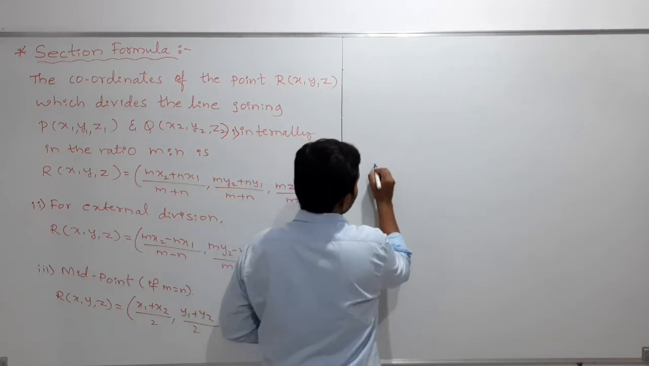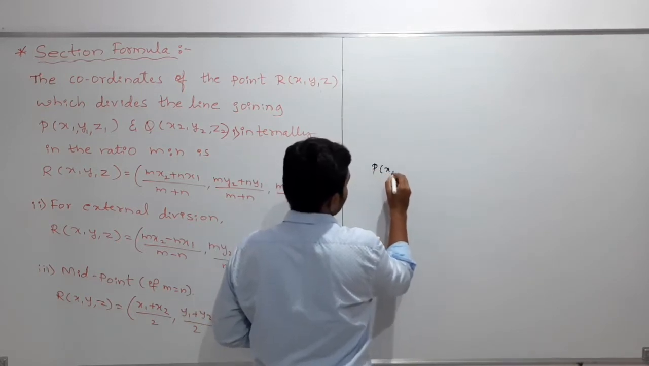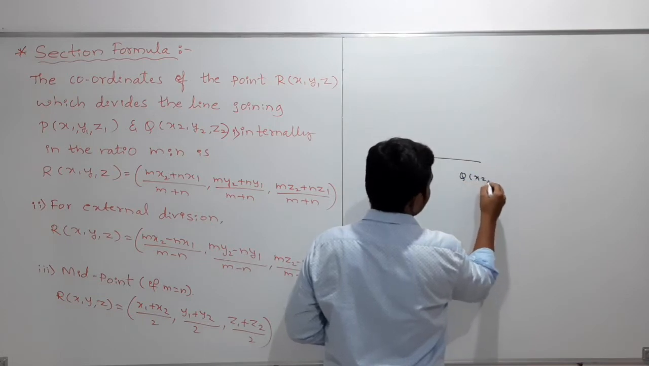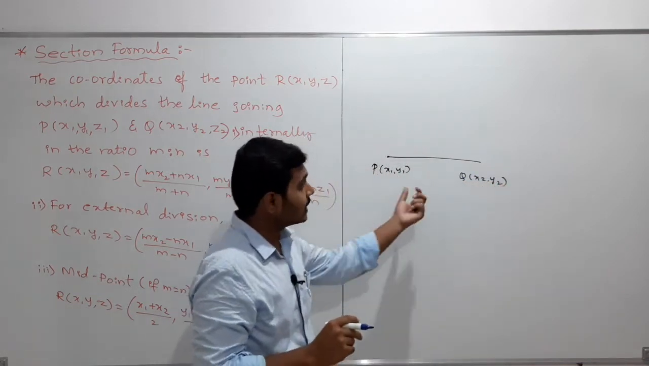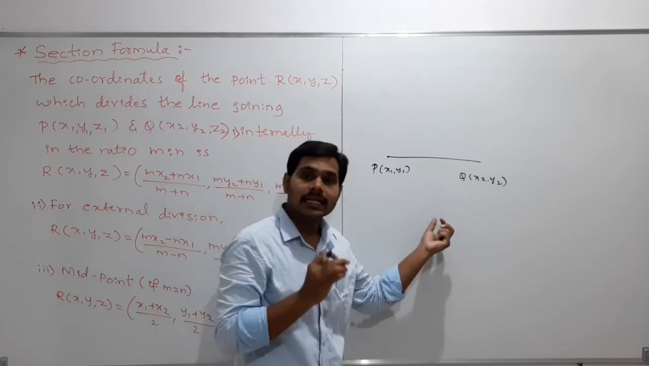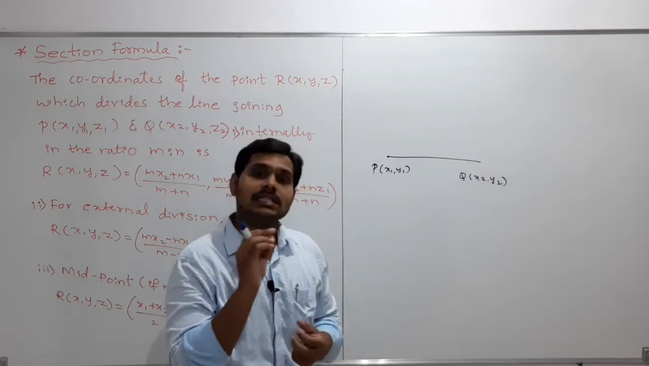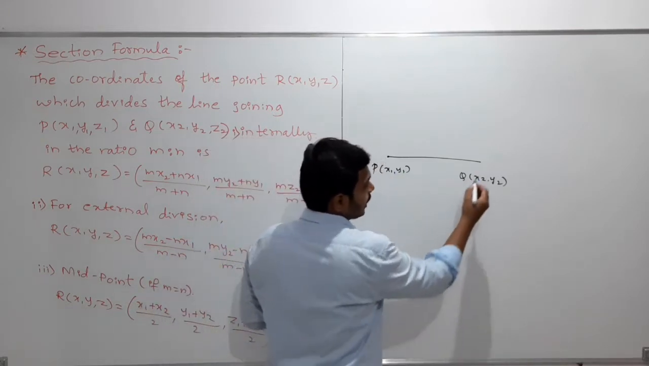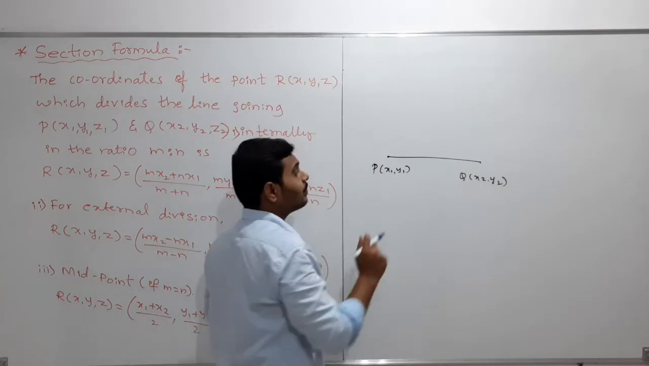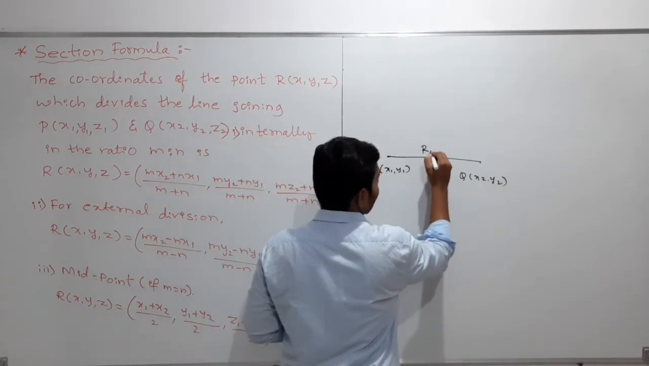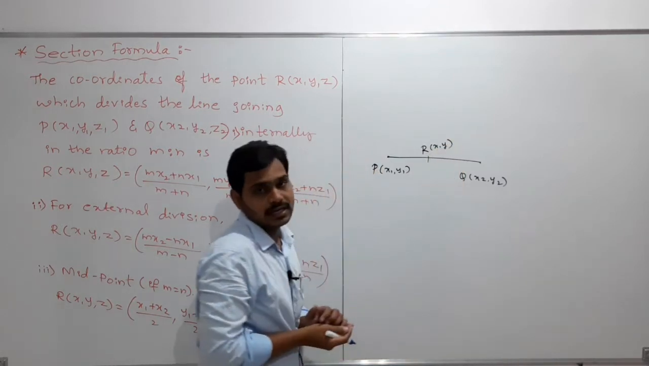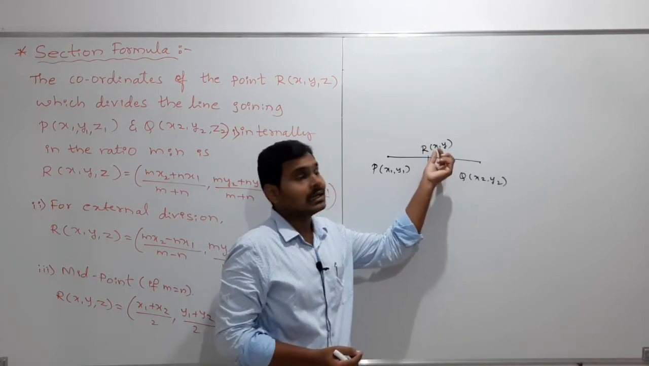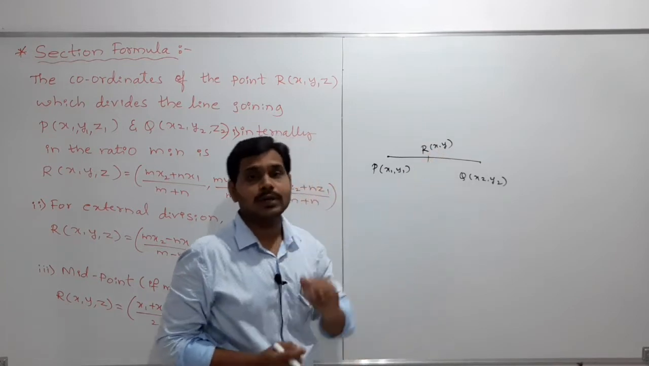Please remember, my dear students, if we have 2 points, P of x1, y1 and another point Q of x2, y2, I am just recalling things we studied in the 10th class, as well as in the 11th standard in the straight line topic. If I want to calculate the coordinates of a point R of x, y, any point in between P and Q,